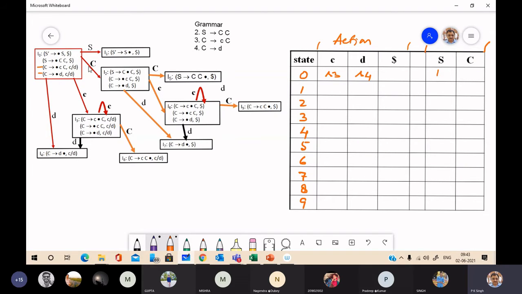And goto(I0, C) is I2, so here we have 2. And one thing more, as you know, the item set having S' → . S will give you the start state of the parser. So this 0 is the start state.